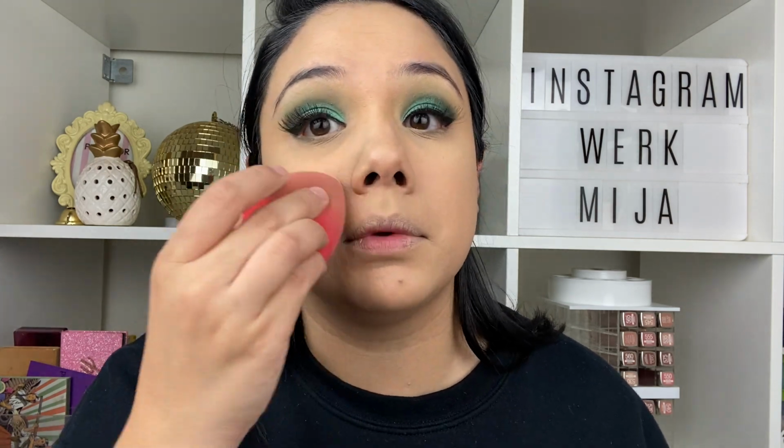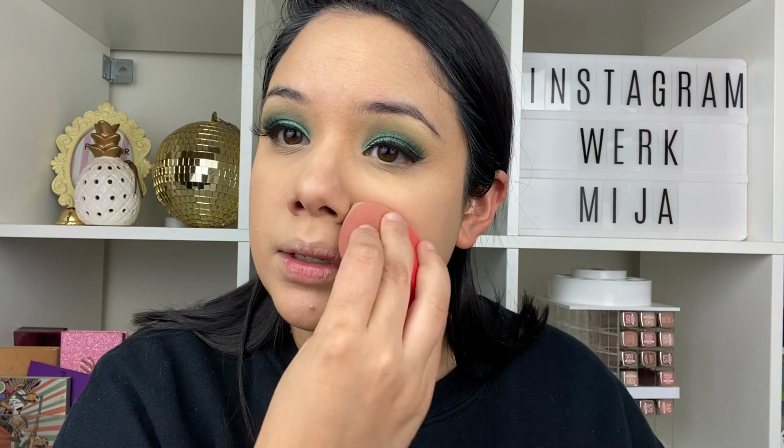And I'm gonna go in with my NYX HD Setting Powder. And I like to go in one more time because we are getting a little arruguitas down there. Keep the eye open and looking crazy, and then we pat that in. Set that under eye. And I always like to right here, my smile line, that's where I like to set too, because, you know, just do the best that you can. It's hard to not have that crease there, but setting it with the sponge on the powder helps a little